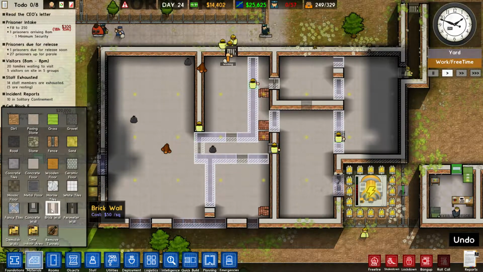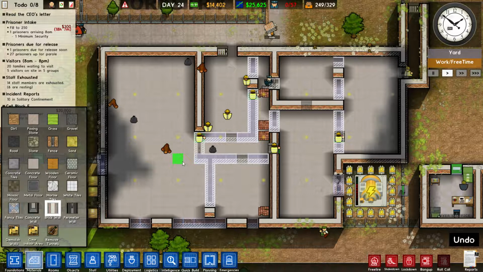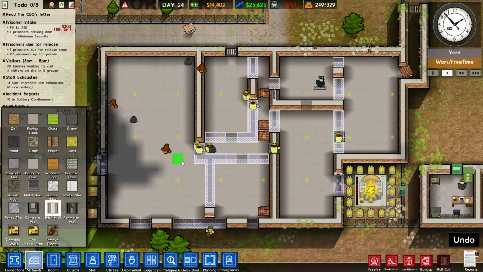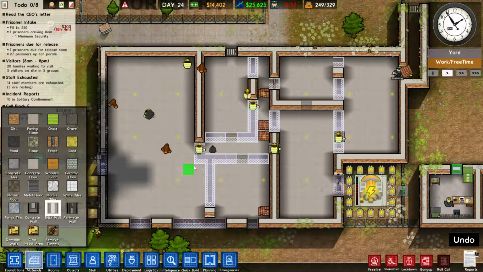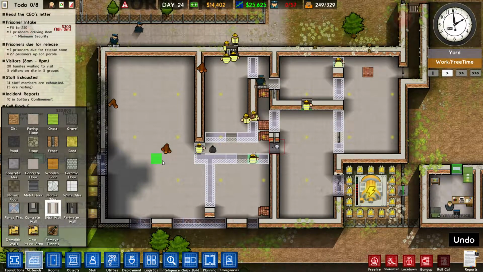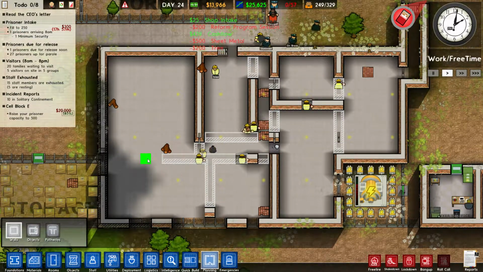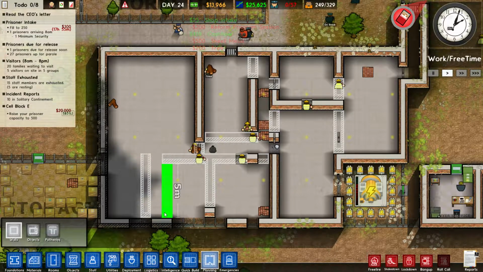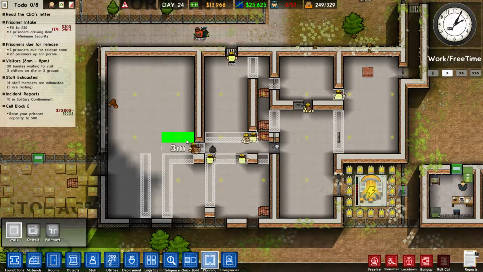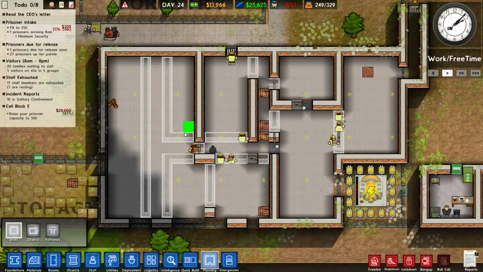And for now, we can build a selection of cell blocks. Let's get the planning tool out. How is this going to be done? Now have some walls there, and maybe a path there, and something like that. Does that work? It doesn't look like it, because